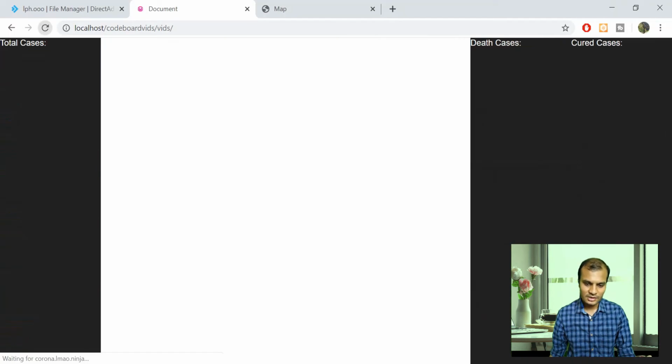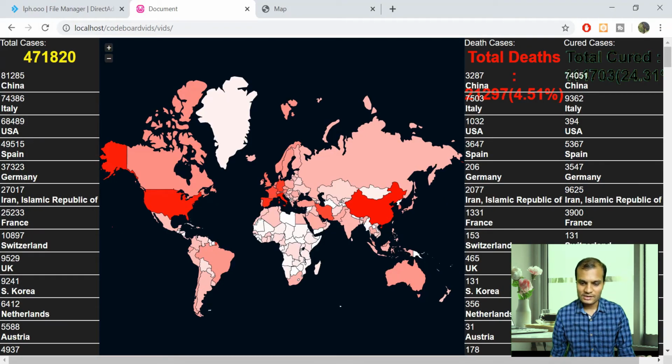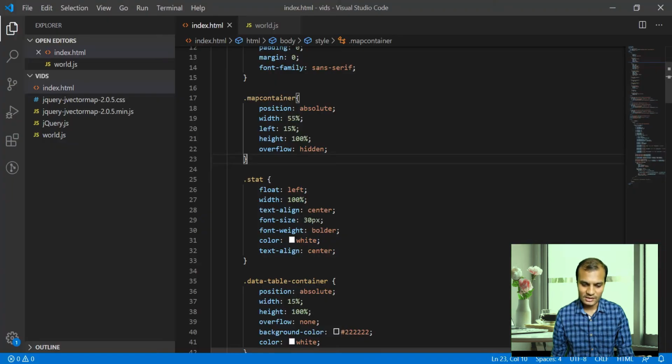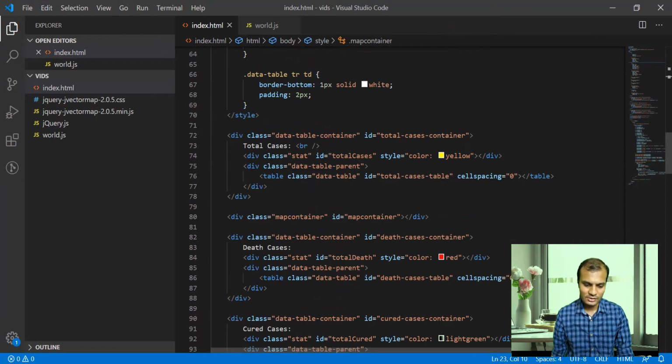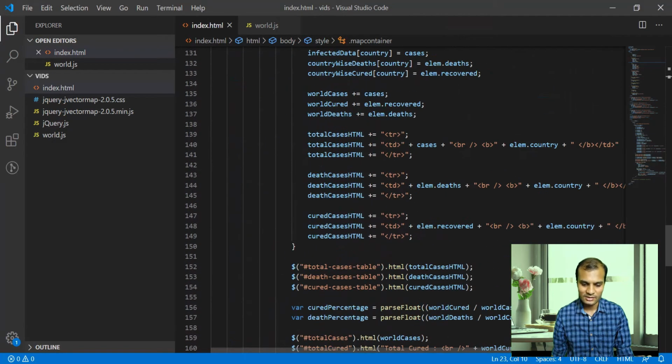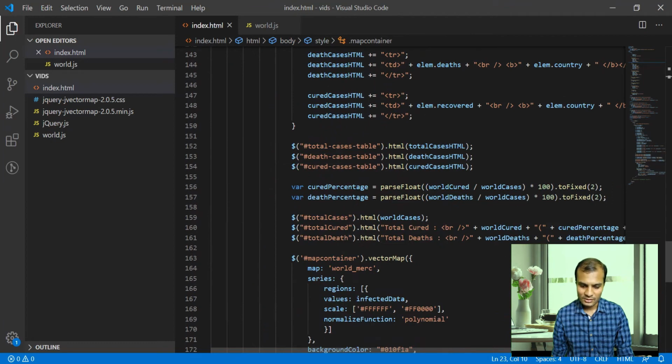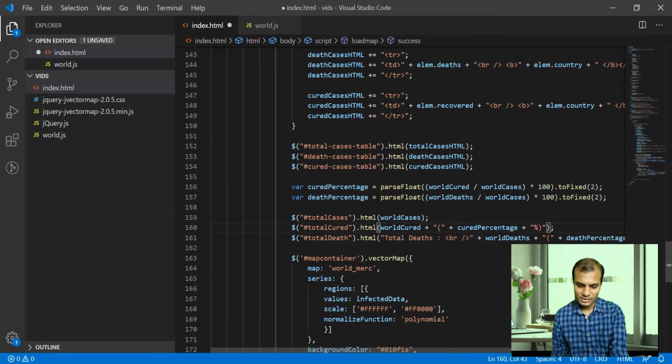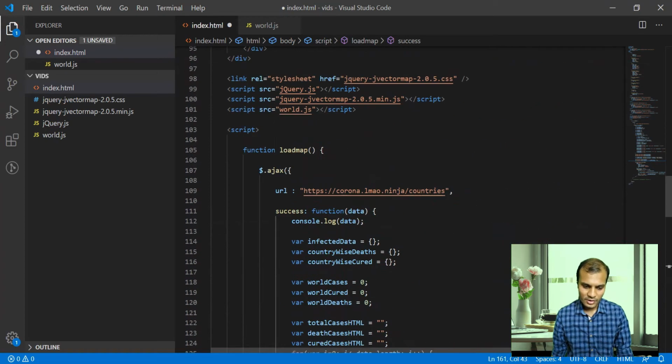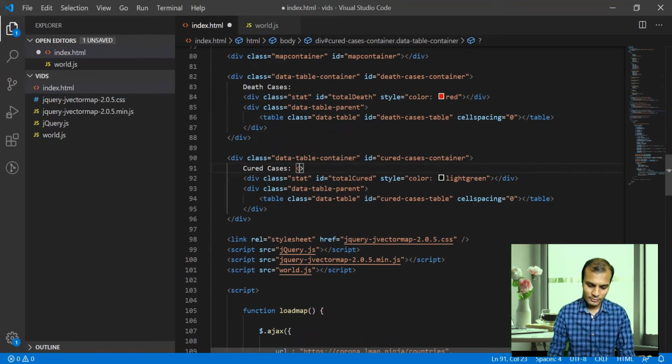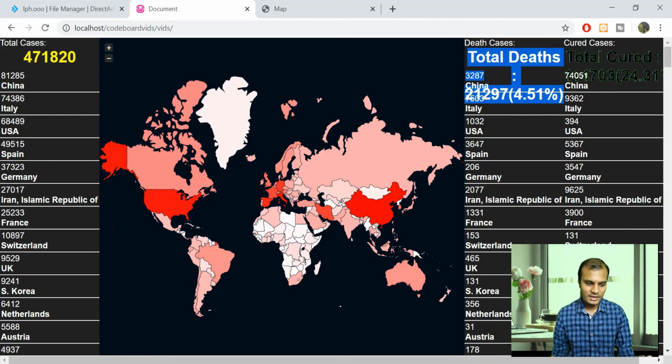So just refresh it now. Okay, so things are coming here, but the problem is the same as before. We don't need this total date thing with this dynamic setting section, because we have already set this keyword cases and date cases text in the HTML itself. So just remove this thing, and also add the line break here, so that it comes into the next line. Okay, so now if I refresh it, you can see that the things are coming as expected,